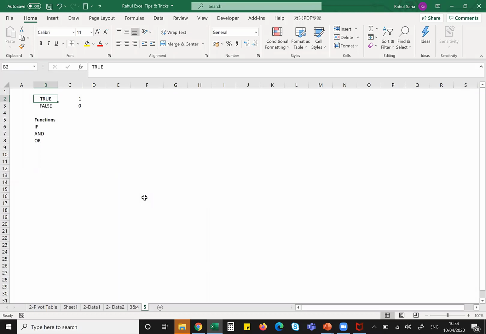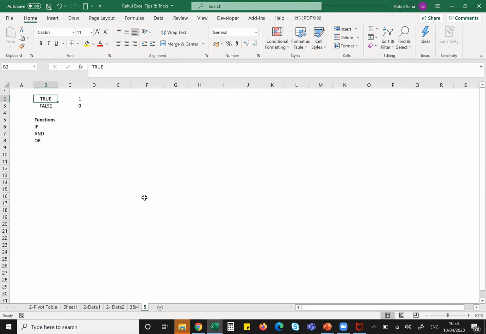Now, what's TRUE and FALSE, right? TRUE is equal to 1. So in the language of computers, everything is converted into 0 and 1, right? It's called binary. Either it's 0 or it's 1. There's no decimal place, nothing. So say, for example, if I say I am Rahul, even that would be converted into multiple strings of zeros and ones, and that's the computer language that they use. Excel also understands that 0 and 1.